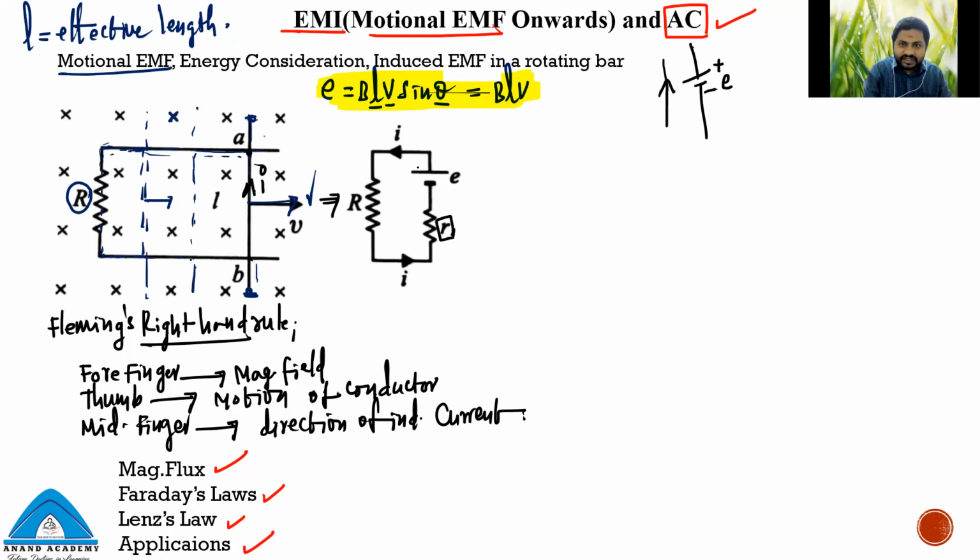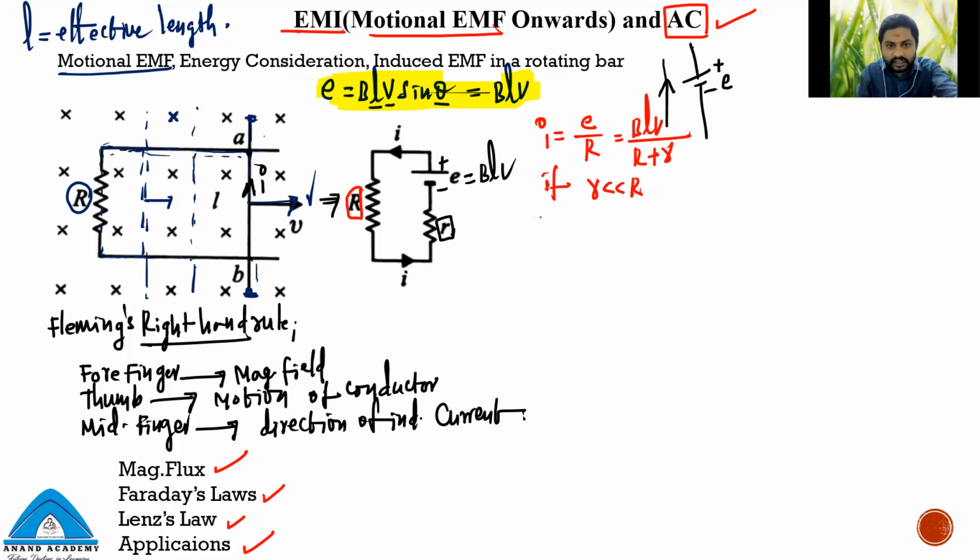You can see this is the circuit now: positive terminal, negative terminal, induced EMF, which is equal to BLV, and the current is flowing like this, the induced current. So here itself you can write I is equal to E by R, induced current. So what is E? BLV divided by resistance. What is the resistance? External resistance and internal resistance, small r plus capital R. So for example, when this small r is far, far less than capital R,